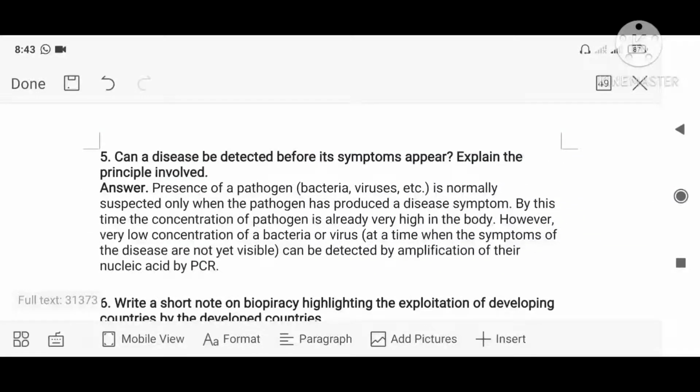Can a disease be detected before its symptoms appear? Yes, we can detect it, isn't it? How can we detect it? I told you, when a pathogen is entering into a body, in the beginning, for example, you take HIV itself. In the beginning itself, I cannot understand whether I am having a disease or not, because maybe my immune system is so